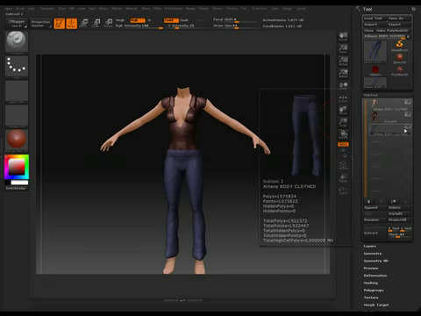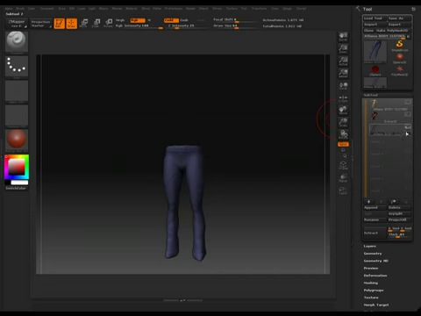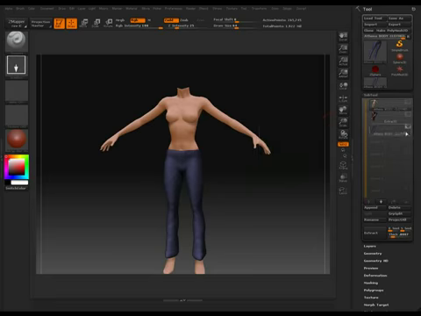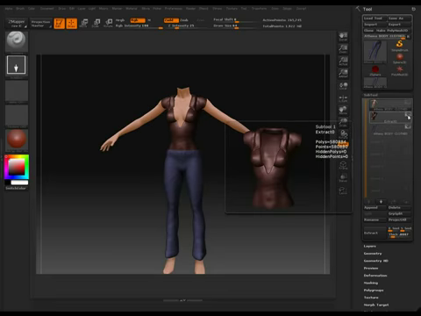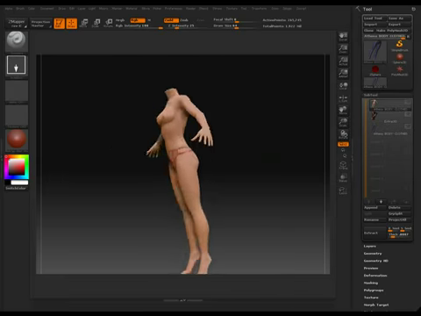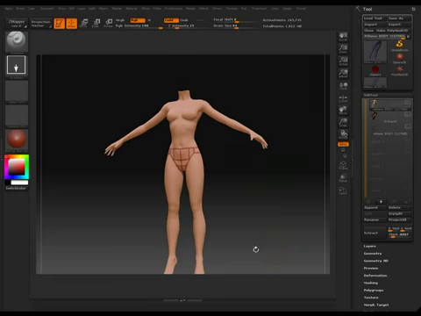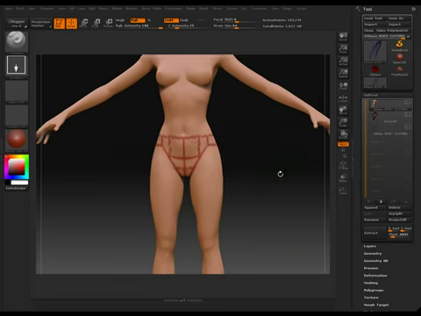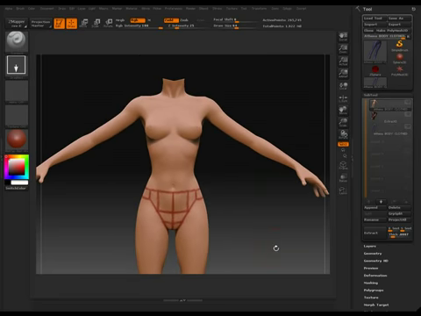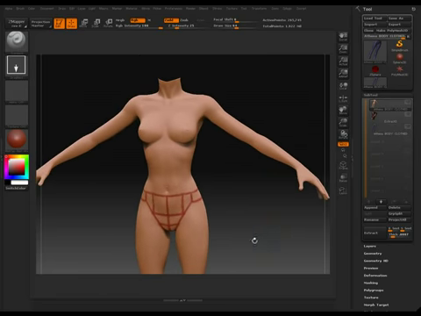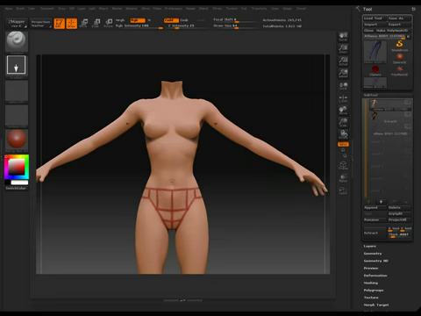Now I already have different pieces of clothing attached to this model here. I'm going to show you how to create a whole new set. This is just a tutorial, so don't mind the detail that I'm going to be putting into it. The first thing that you want to do is make sure that you're in